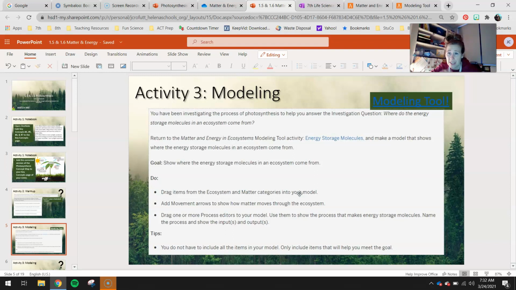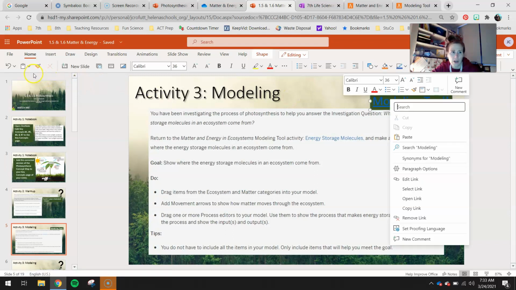In this case, we really just need to use photosynthesis as our process that we're discussing. Use them to show the process that makes energy storage molecules. So again, that's just photosynthesis. That's the only process making ESMs. Name the process and show the input and outputs. You do not have to include all the items in your model, only include those that will help you meet the goal. So go ahead and you guys can right click this, open your link up,